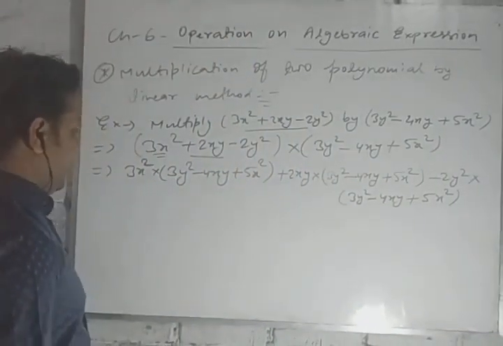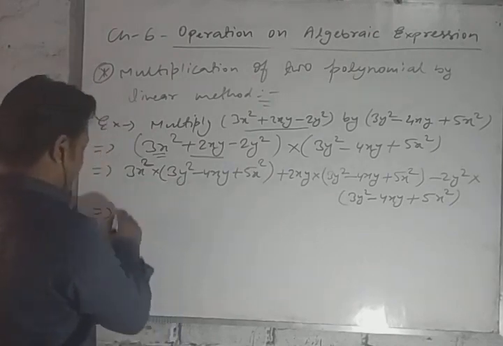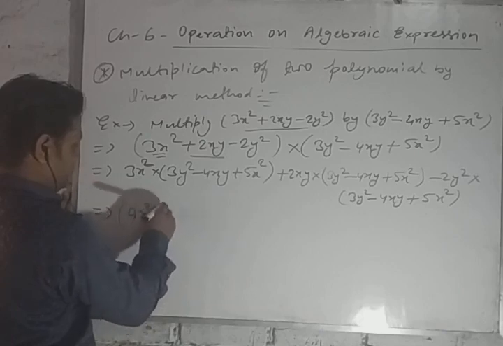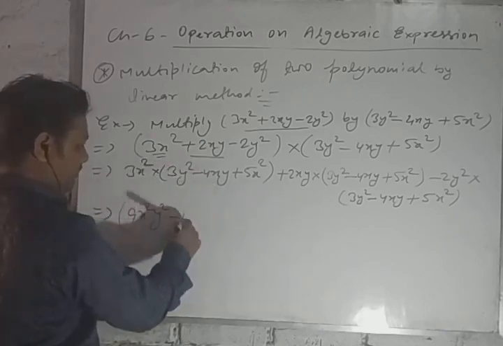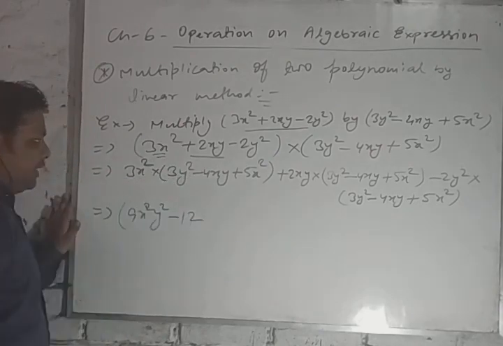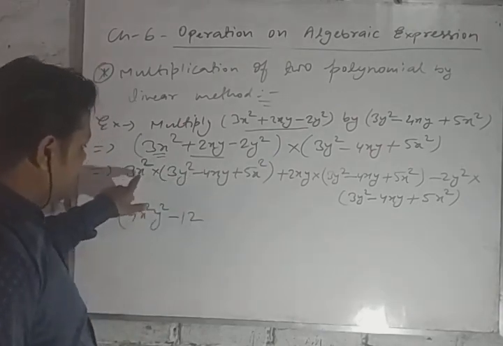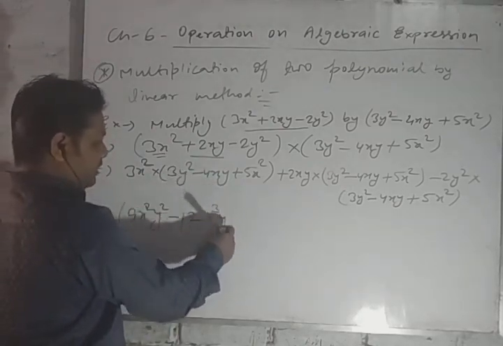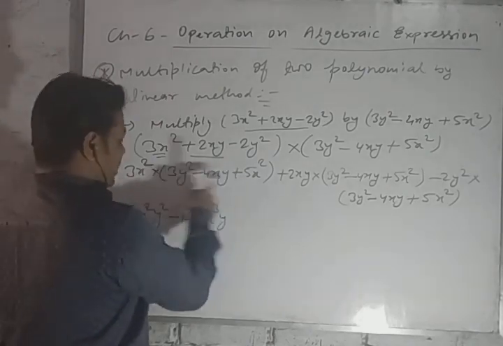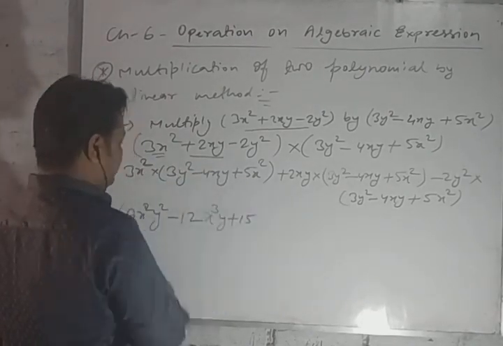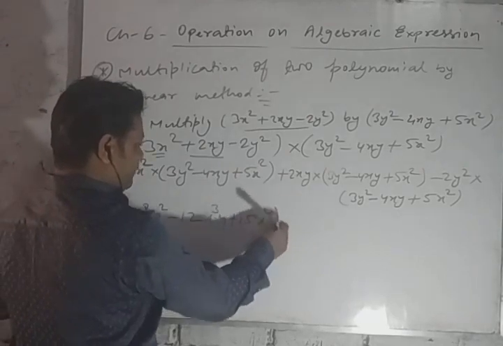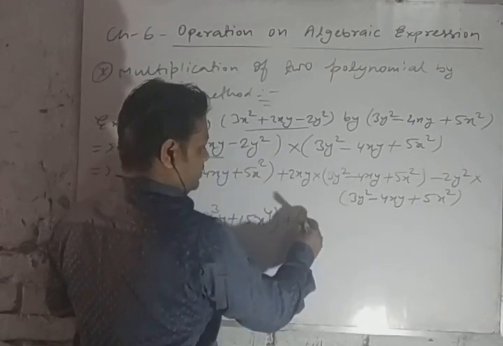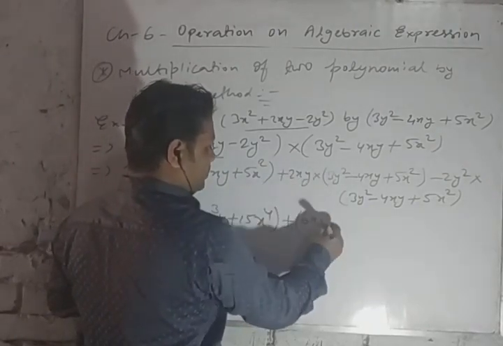Now one by one we will multiply. Let's see. At first we multiply with this: 3 threes are 9, x square y square, minus 3 fours are 12, first constant term, then alphabet. So x square, that is x to the power 2, and here x to the power 1, then x to the power 3, and only y, because here there is no y. Now here 3 fives are 15, plus 15, then x to the power 4. Use the bracket also.